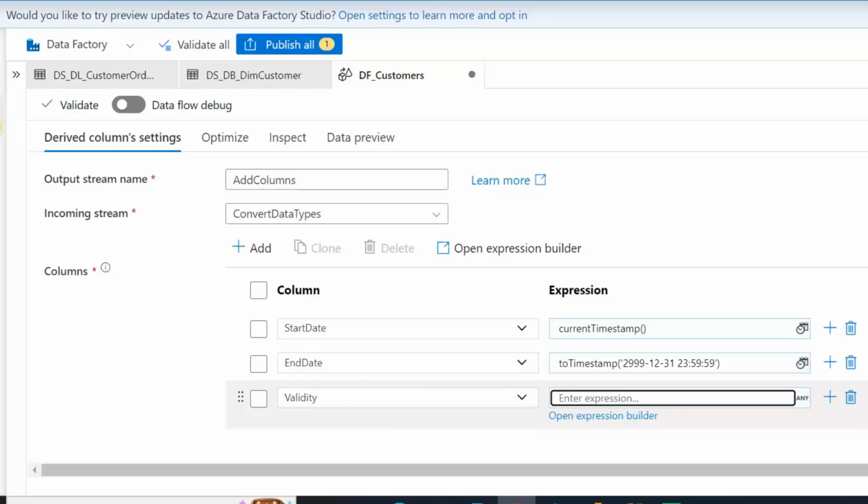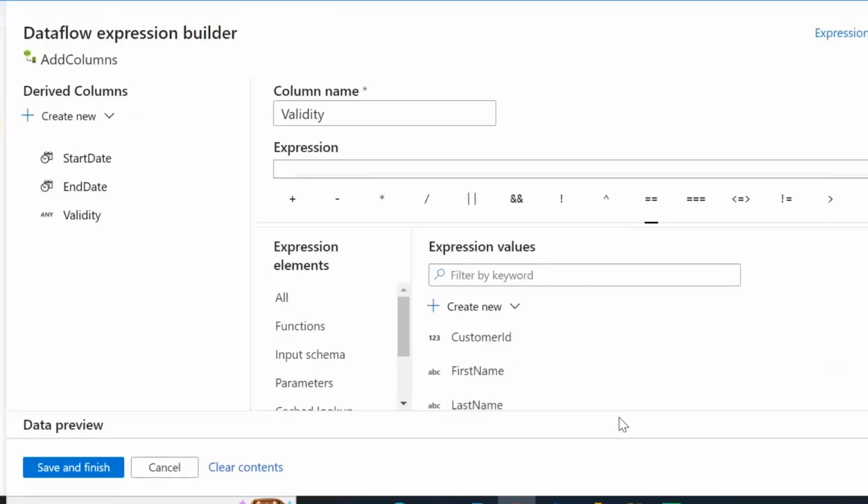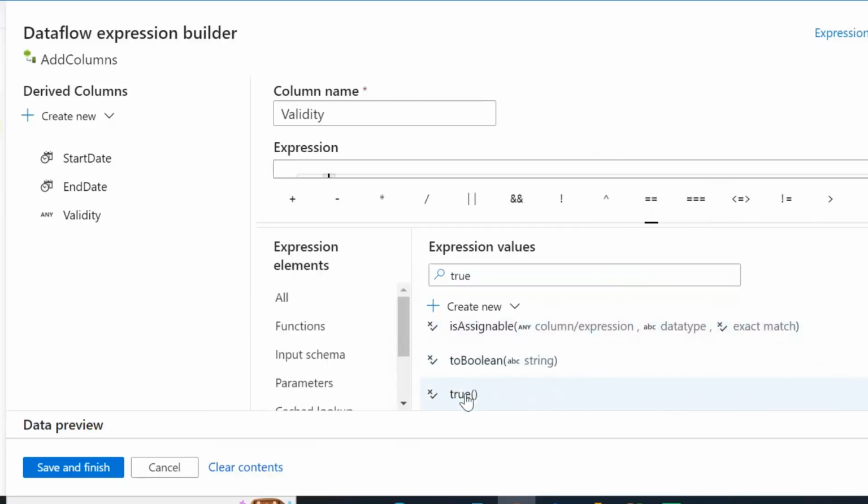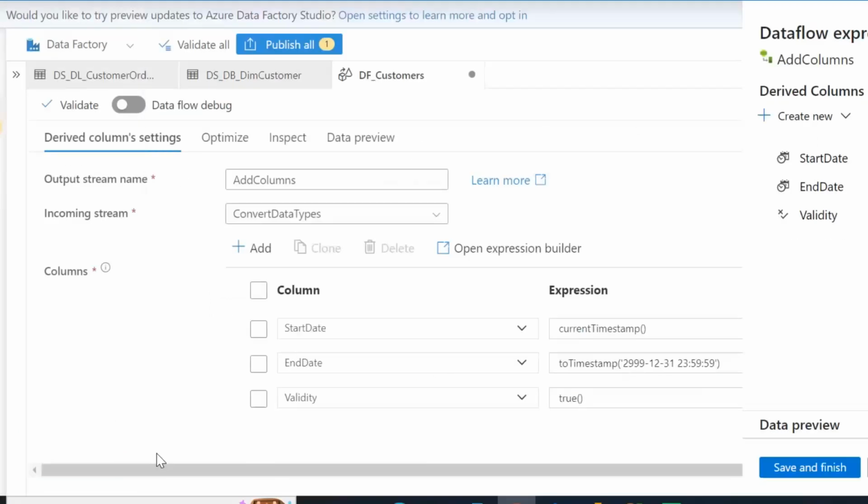You'll see with working with data flows, especially combining different data sets that have the same column names, can be tricky, and to uniquely identify them you usually start with the dataset name, this stream name, and then the @ symbol. So again, for the validity, I'm just going to open the expression builder. Now, it's actually a Boolean value or a bit in SQL. Instead of having just a 1 or 0, we can add a true. If we save and finish that,